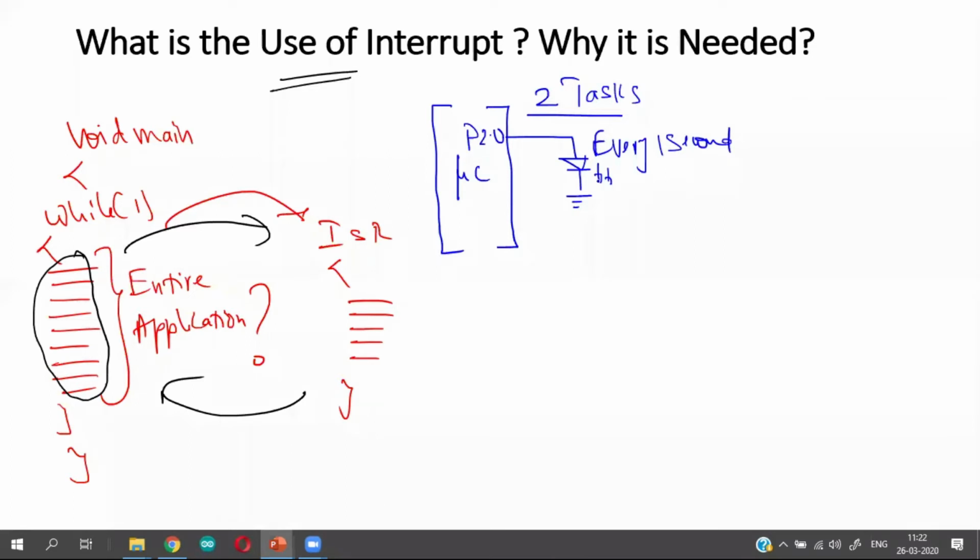So every 1 second, I want this LED to go on and off. That is the first task, task 1. Second task, at port 2.7, I have a small switch.